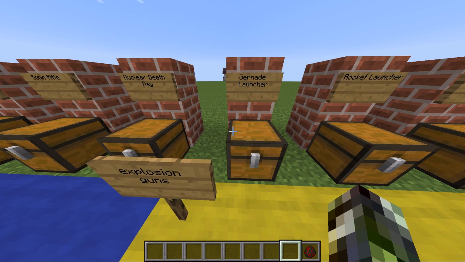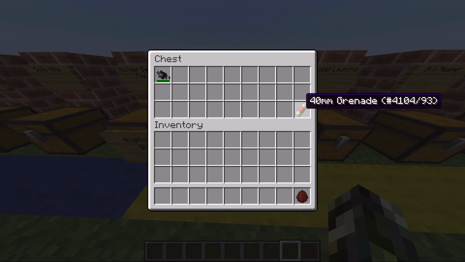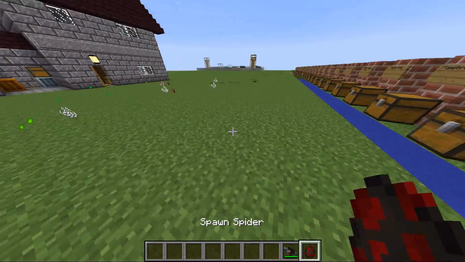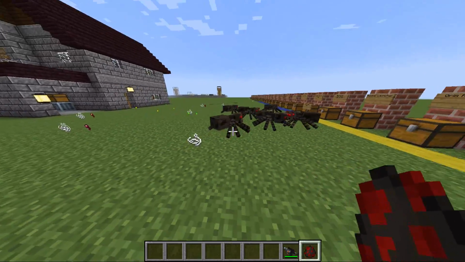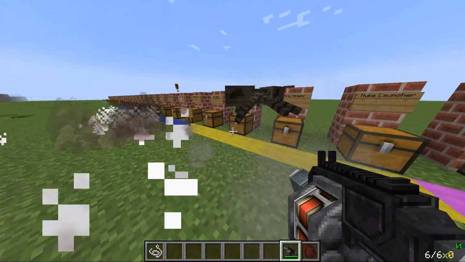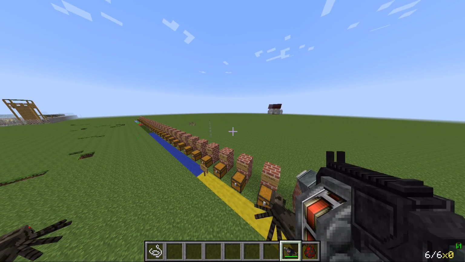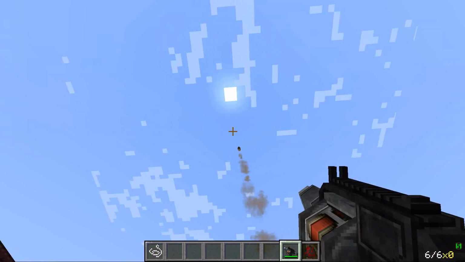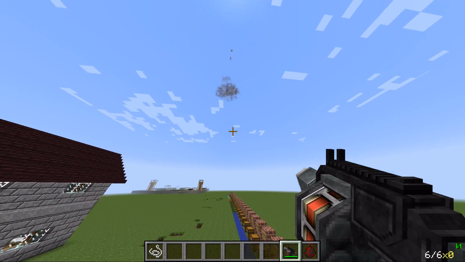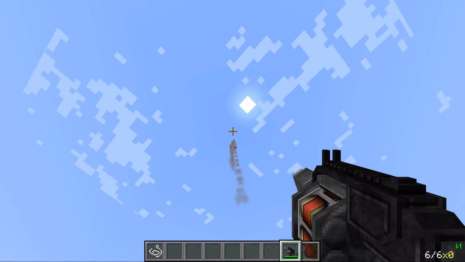Going straight into our explosion guns, starting off with the grenade launcher. It needs the 40mm grenade, and it cannot be crafted. Unfortunately, this is one of my favoritist guns, just because it does that. Oh, it skips shots and then bounces. Oh, geez, that bounced high. Oh, geez, that went higher than I thought it did. But it bounces up, and then...